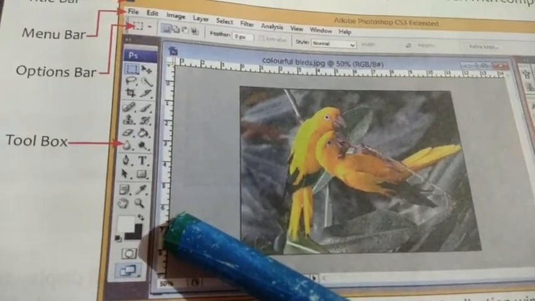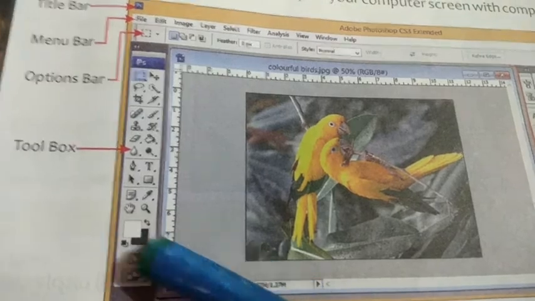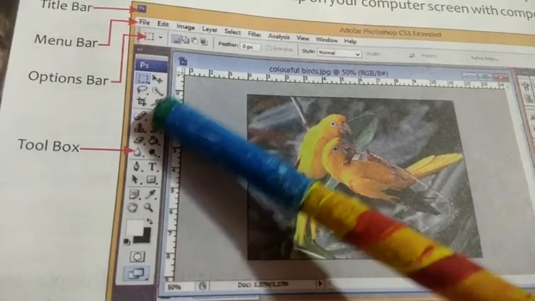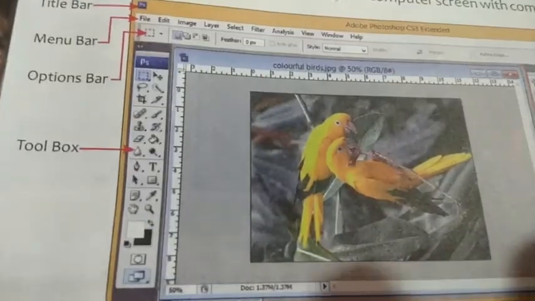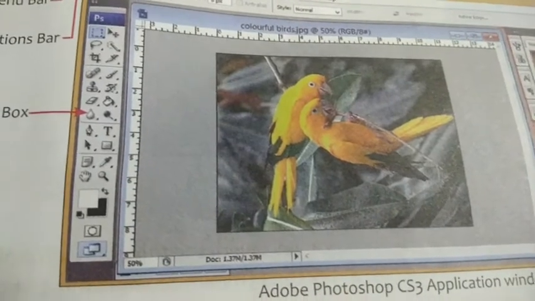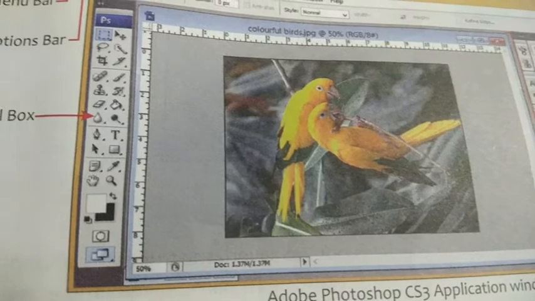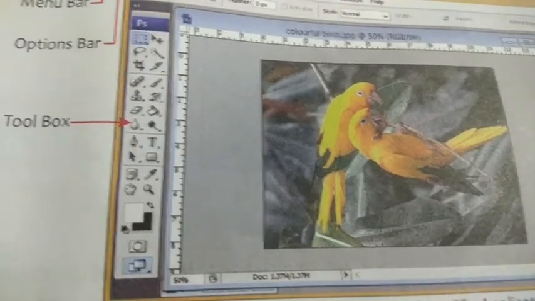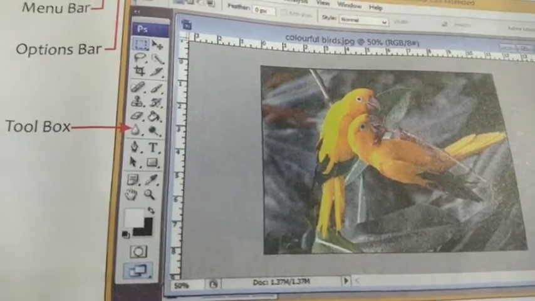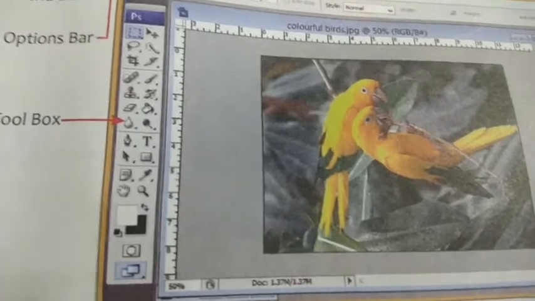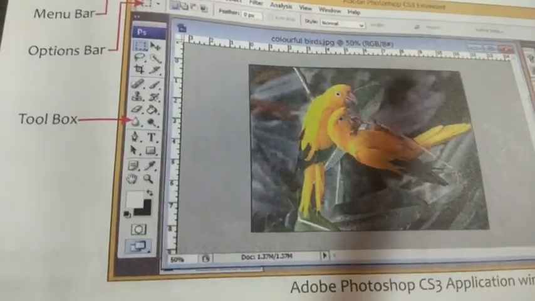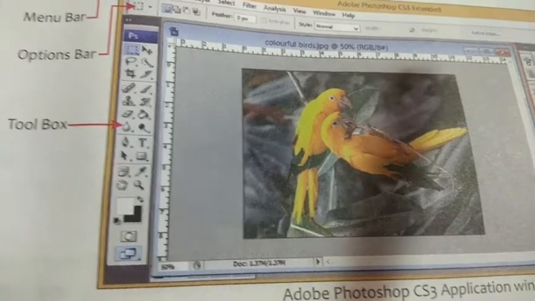Pick any tool from the toolbox, like the text tool, lasso tool, rectangular, elliptical, eraser, magnetic, magnifier, etc. All tools are available in the Photoshop CS3 application window.